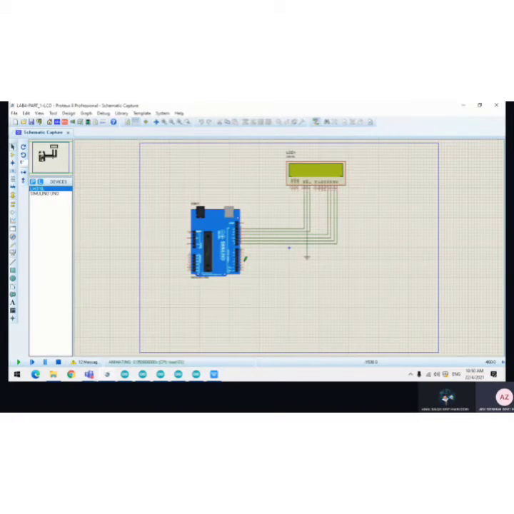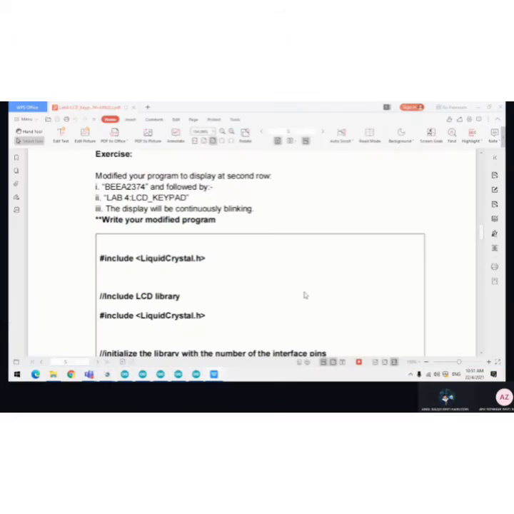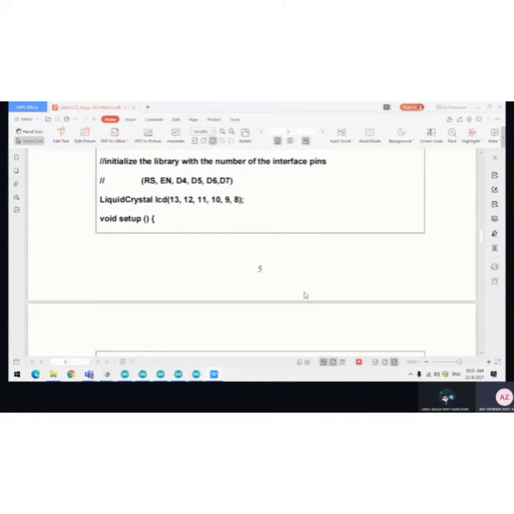When we run the simulation, we can see hello world still, and it comes out BEA2374, and the delay comes out LED4 LCD keypad. That is exercise part 1, which wants to come out BEA with LED4 on delay time. Okay, now for part 2,